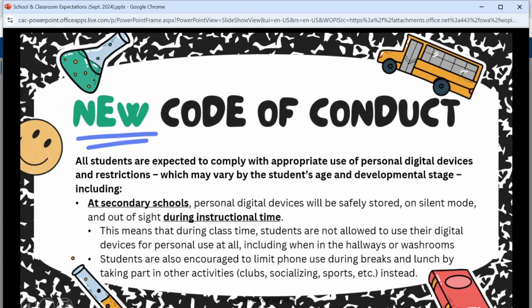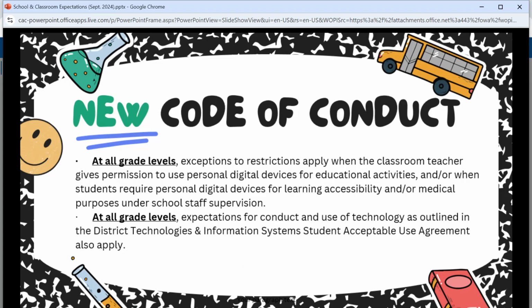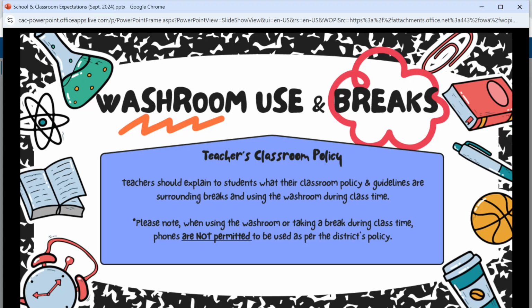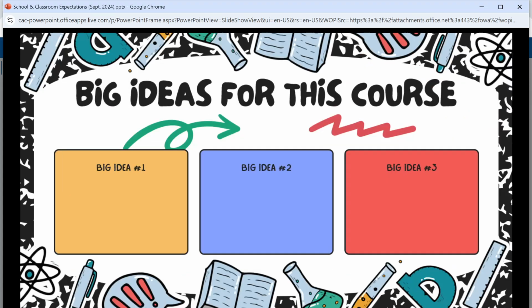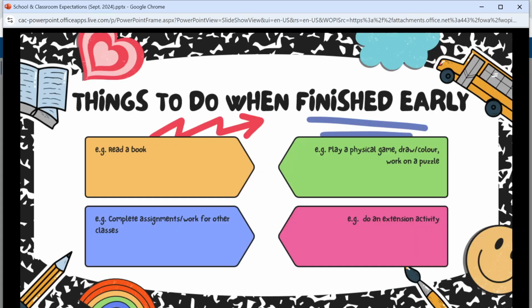Okay, what else have we got here? Phones. Absences, lates. I think for lates, what I will probably do is shut the door and have a little late slip outside, so that if you arrive after the bell, you'll have to wait out there for a minute and write your name, the date, and why you're late. Does that make sense? That way it makes it easier for me to keep track, because if I try to keep track myself, my brain is just going to overload and explode.